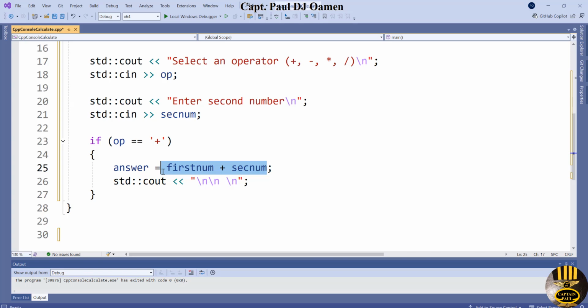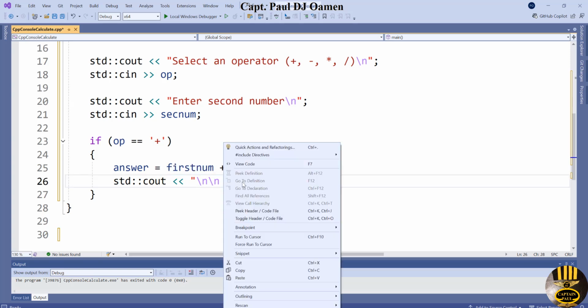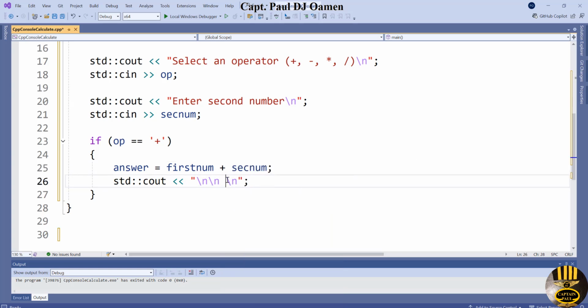I'm just going to grab all of this again and paste it right in here. Paste, and here should be